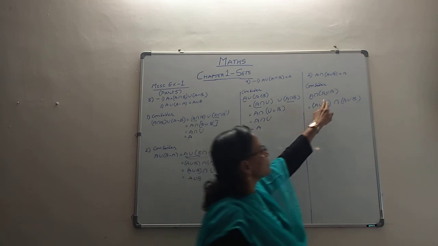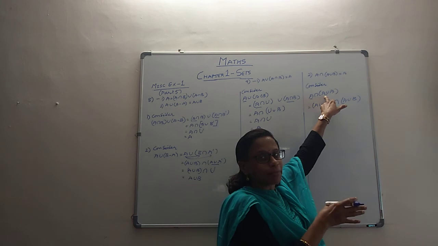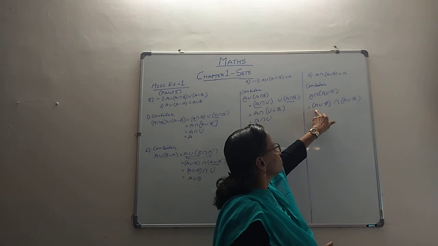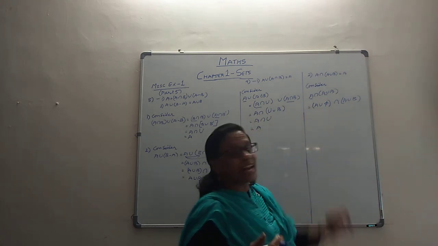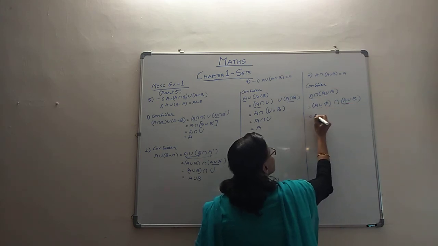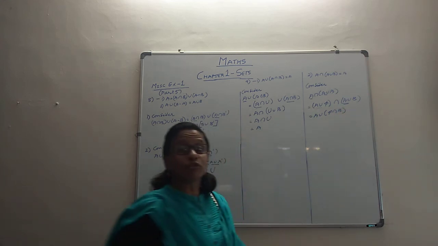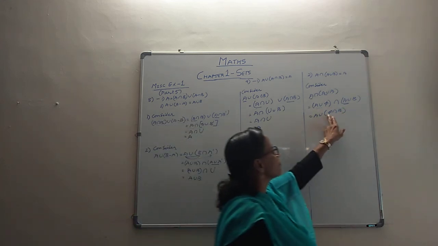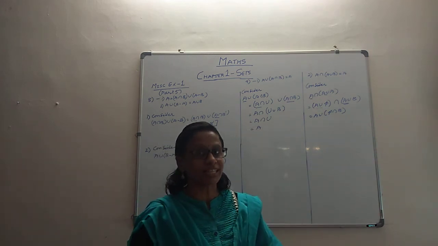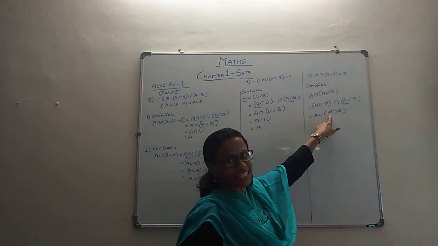So here, we see what is being used there. Where union is used, try to bring the property of union. When intersection is used, try to bring the property of intersection. So what we have done, we have replaced A by this. Now what happens? Because A union is common in both the cases, we take it quickly as common. So we are left with phi intersection B. We have used the distributive property. Now phi intersection with B, we know that whenever there is an intersection of a bigger set with a smaller set, the smaller set is what stays back. So that way it is the empty set, the null set, which stays back.